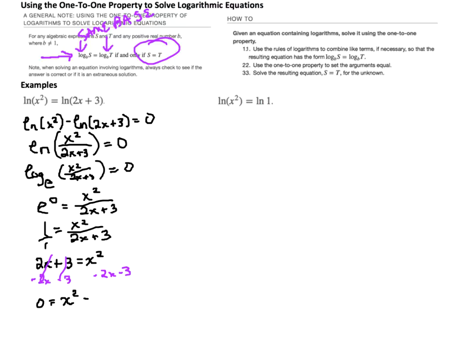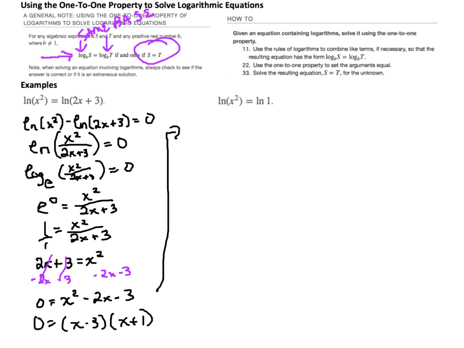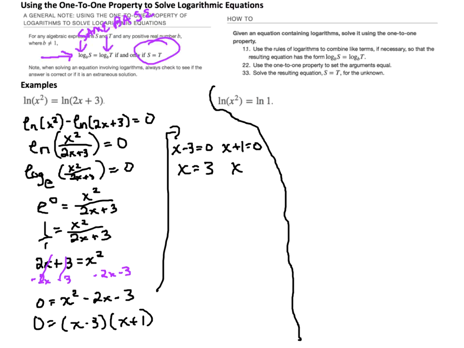So 0 equals x squared minus 2x minus 3. 0 equals x minus 3 times x plus 1. So I'll come up over here to finish, and I'm just going to do this because I know I won't need much room for that side. So x minus 3 equals 0, x plus 1 equals 0, x is 3, x is negative 1, and when you plug both of them in,